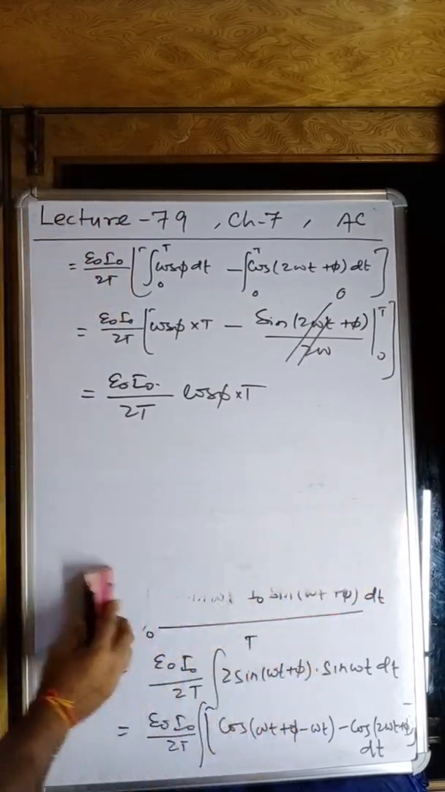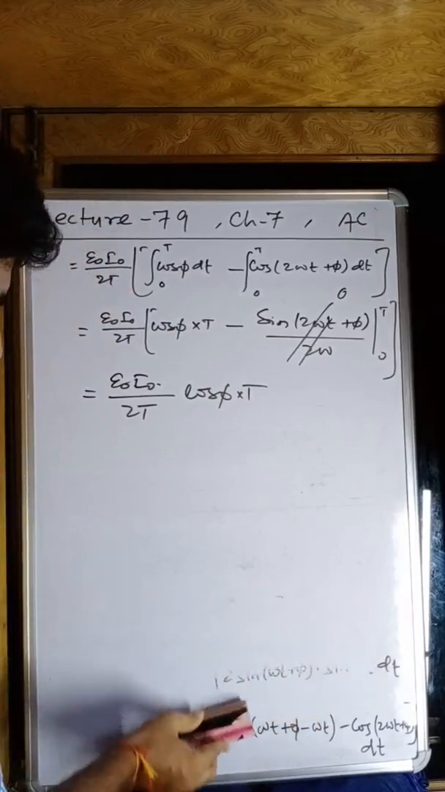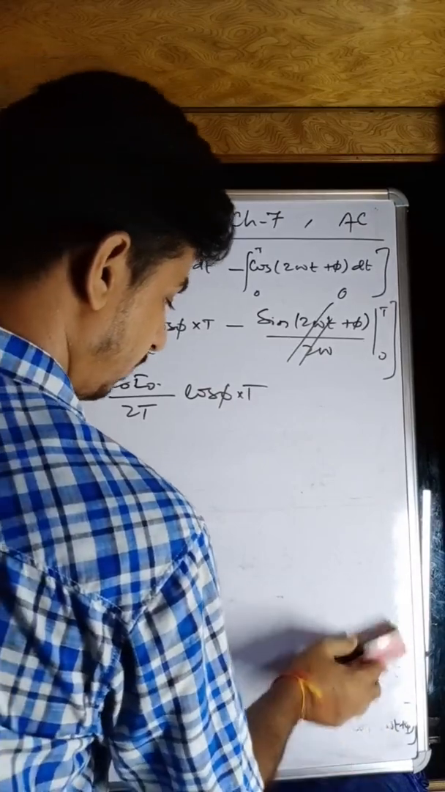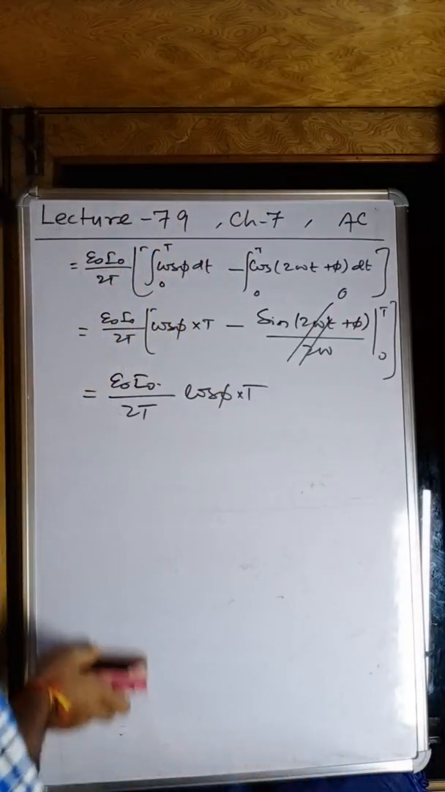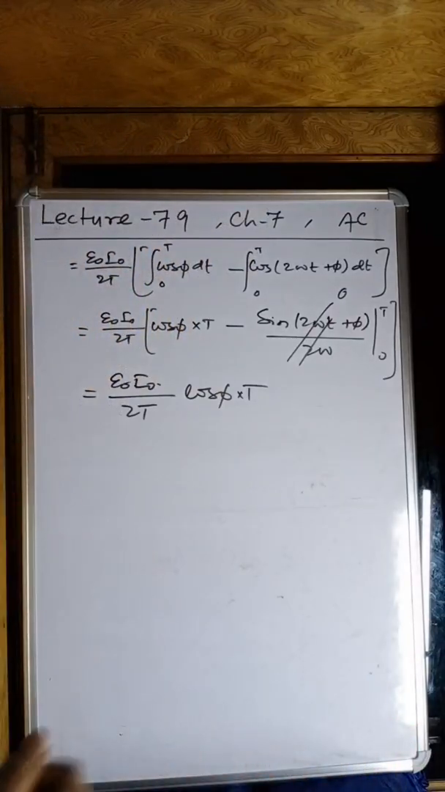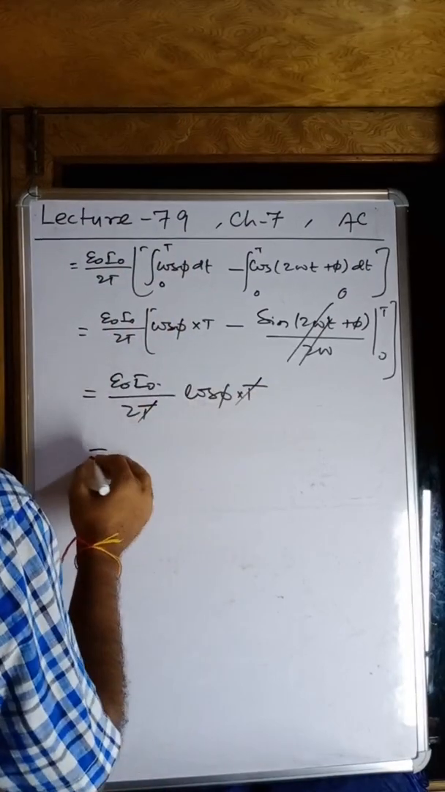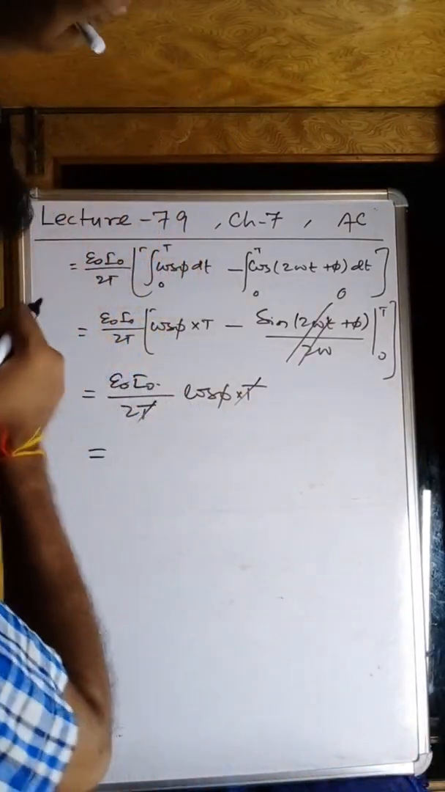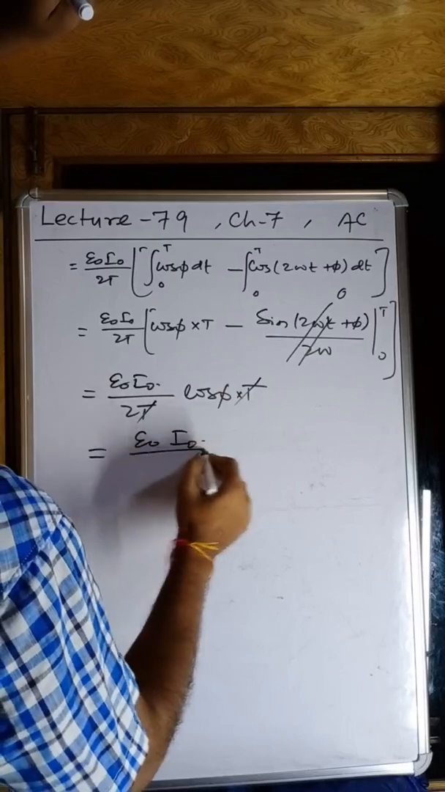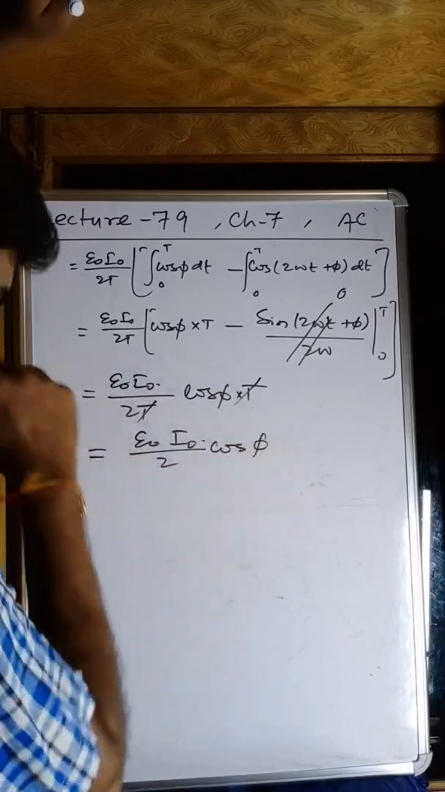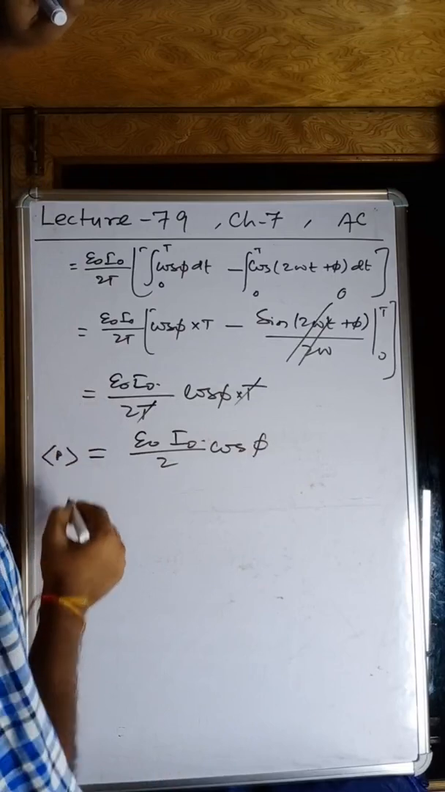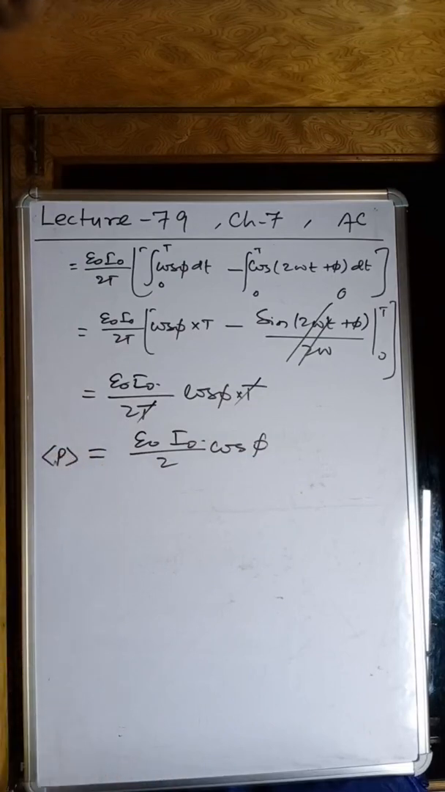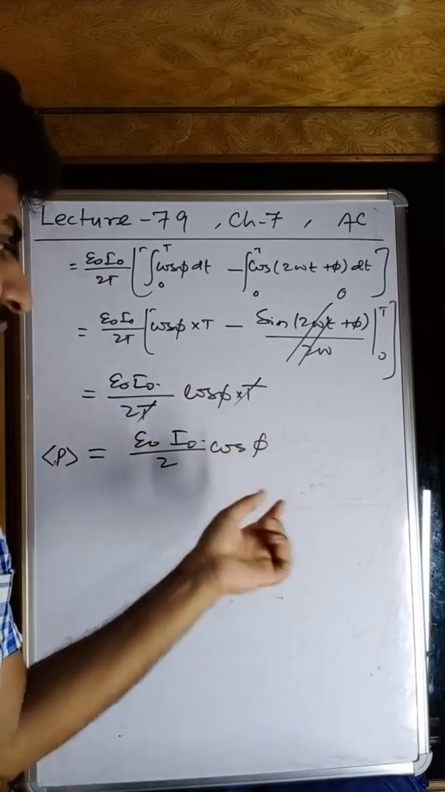Now this is the mathematical part. I hope you are not having any trouble understanding this integration. Okay, T will be cancelled out, my dear students, and we can now write it as E naught I naught over 2 cos phi. My dear students, you can recall the formula of power we got as E naught I naught by 2,